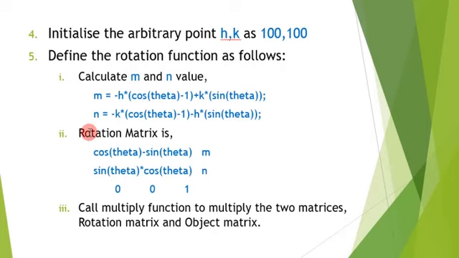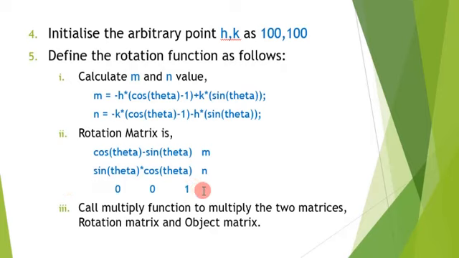So the rotation matrix we can obtain using the algebraic method, that is cos theta, minus sin theta, and the second row is sin theta multiplied by the cos theta value. Please note again that theta here is the value or degree by which the triangle has to be rotated, and this theta value will be taken from the user. The user is going to enter that value of theta here. Okay, and since this is the homogeneous matrix, here we are going to use 0 0 1.